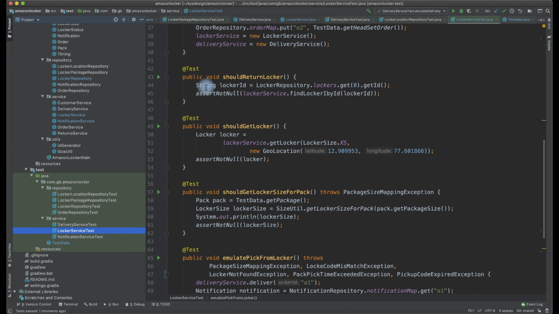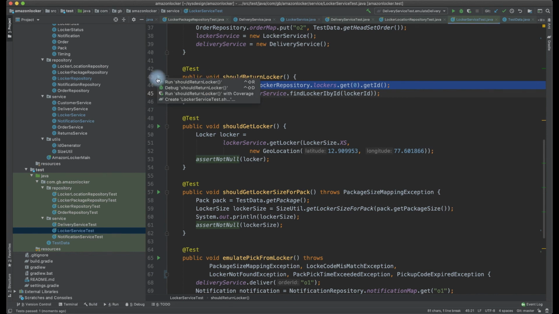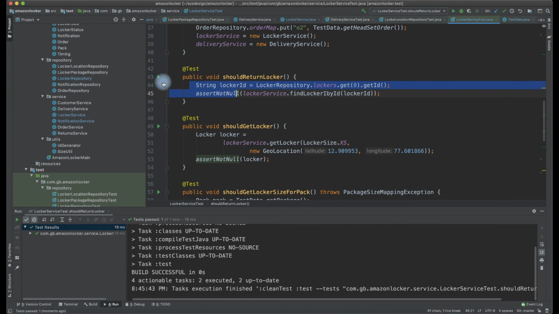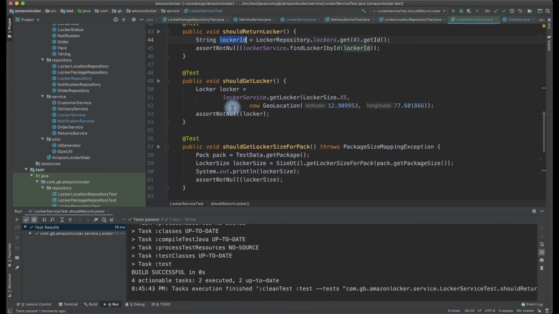First, in the locker service, I am testing: if I pass the locker ID, will I be able to get the locker or not? That's a very simple test. The customer checks and asks for the locker or the locker location. Second, it is similar, by passing in the location as well.